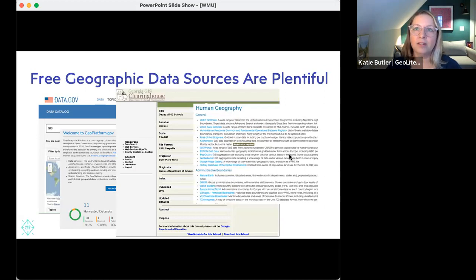And then there are also plentiful data sources out there that provide you with information about humans, what we call human geography in the geography world. The UNEP provides a bunch of information. Basically, if you can Google it and find a data source and find its provenance, make sure that you have some good metadata about where it came from, who collected it, and all that stuff, you can find excellent information.